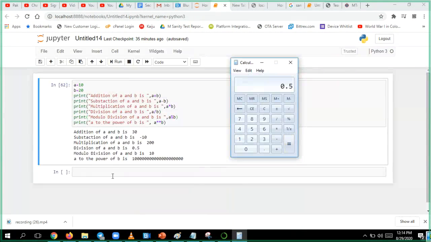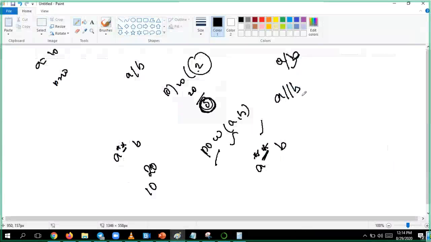Here A as 10 and you are dividing with 2, 10 twos are 20, you got. But A is here and B is here.